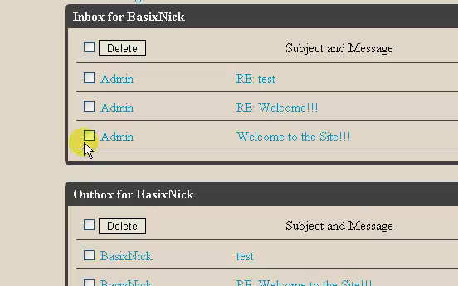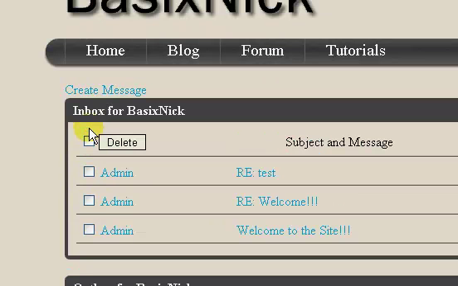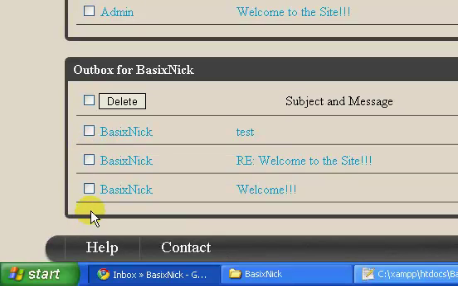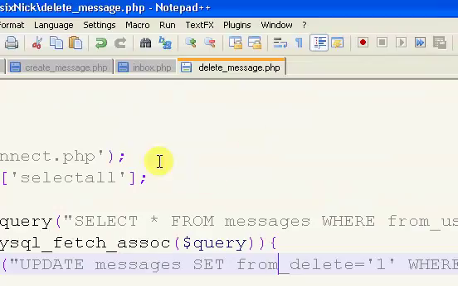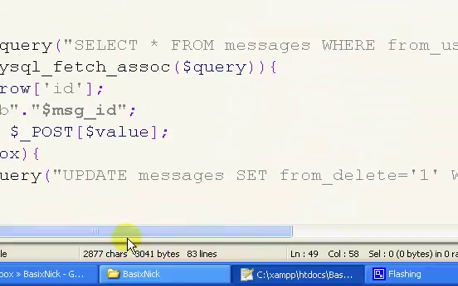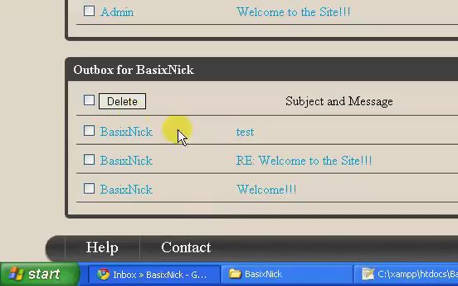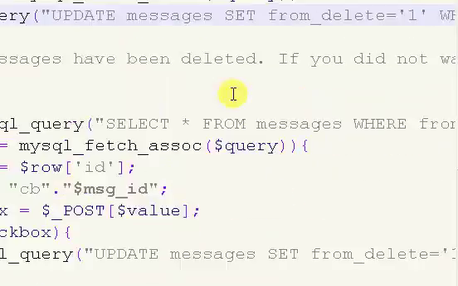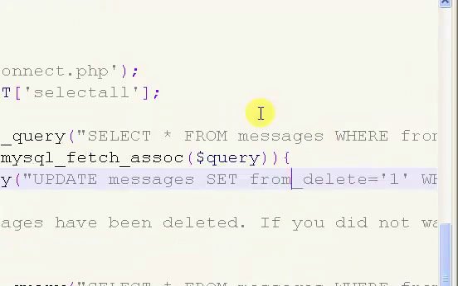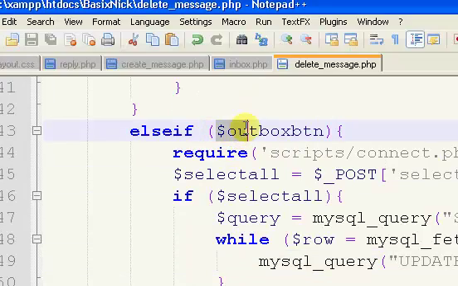And in the last video, we were getting close to finishing the deleting action of our inbox and outbox. We finished the inbox deleting and the outbox deleting. I thought we didn't finish, but the problem was that I didn't save the page, which is idiotic on my part, and that's why it still wasn't updating. So, just to clarify, on the outbox, we're in the else if outbox right here,